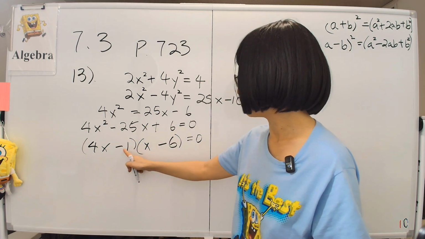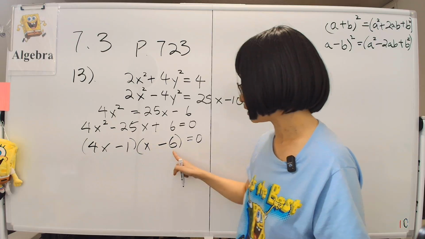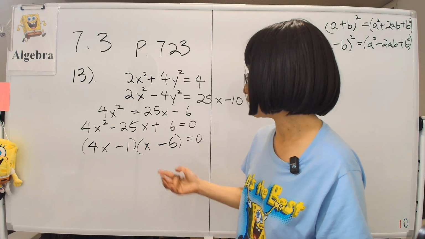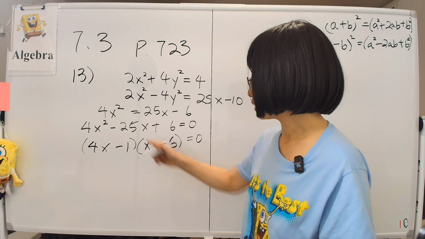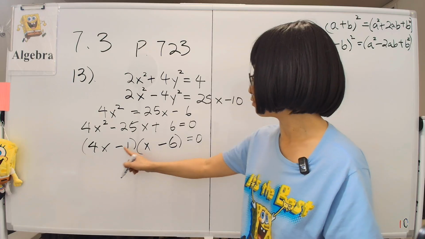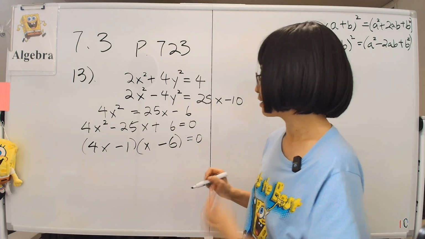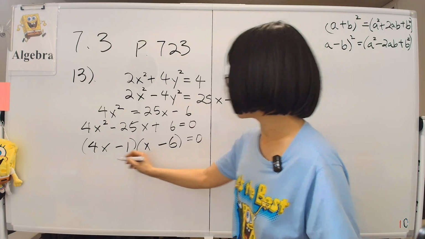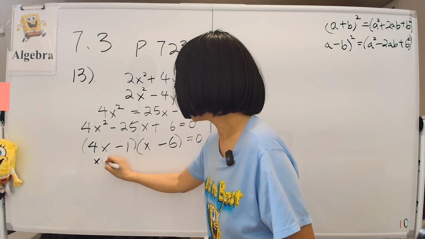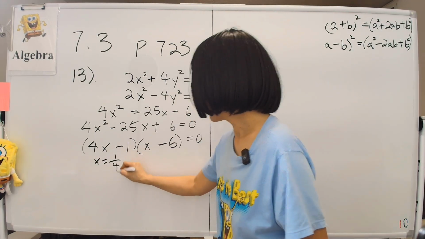That will become minus x, and then minus 4 times 6, together that becomes negative 25, while minus 1 times minus 6 is still positive 6. So we're good. So that gives us x equal to 1/4, and this gives us